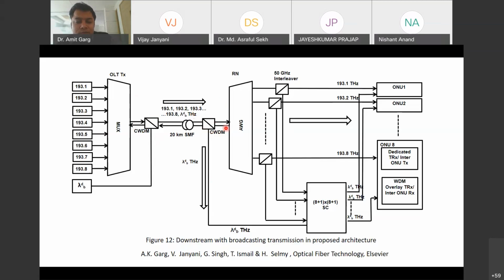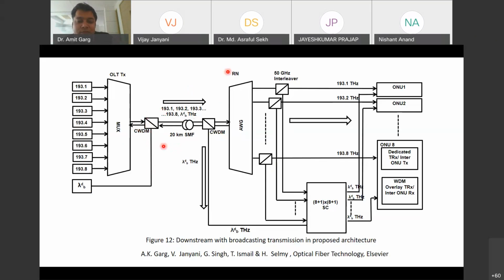Sir, in the CWDM itself there must be certain frequency settings. Yes, there must be. So for that frequency setting, I think you need to provide the input frequencies, input wavelengths. Here we have not mentioned the downstream wavelength, so it depends on this CWDM. We can definitely have some particular frequency. That means I can configure this CWDM with two particular wavelengths: one is your lambda B, and the other is your combined wavelength, which is coming from the multiplexer.